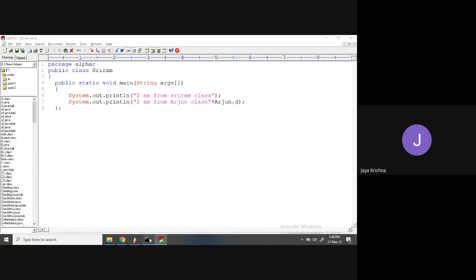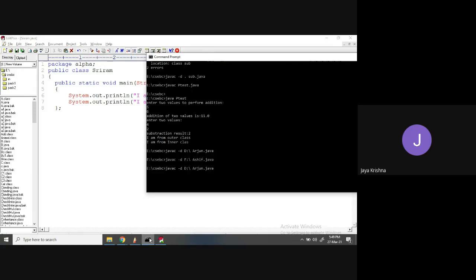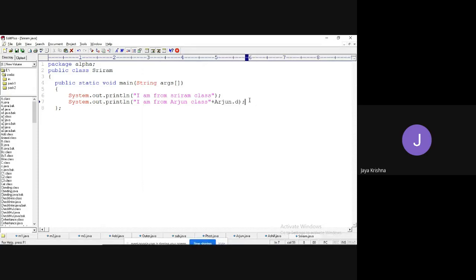Okay, so as I modified it there, I want to compile Arjun once again. Compiled successfully. Arjun.d. Then Asif CSC method call, right? I will just call it. So this one also I will make static. Why static? Because I can call it directly.